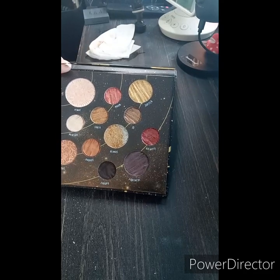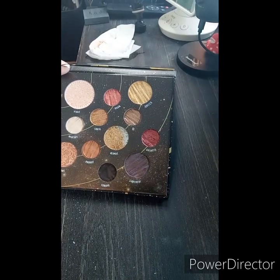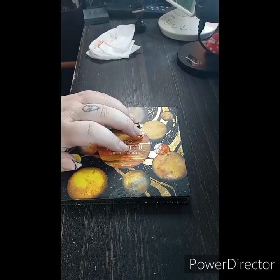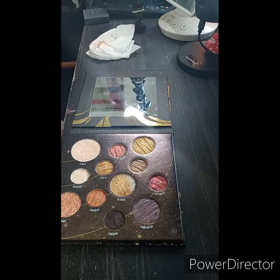But that's just me. I mean, I'm sure most people wouldn't mind me taking out the glitter because most people don't like glitter in palettes anyway, but should I just keep the palette all in one? Here, let's just see if they're magnetic. Anyway, I have my...